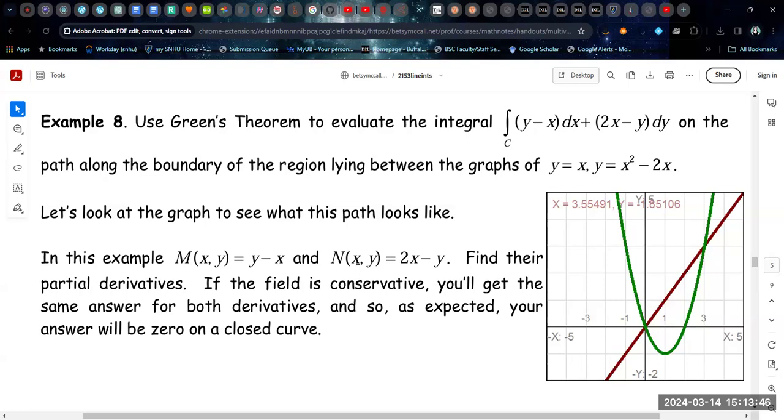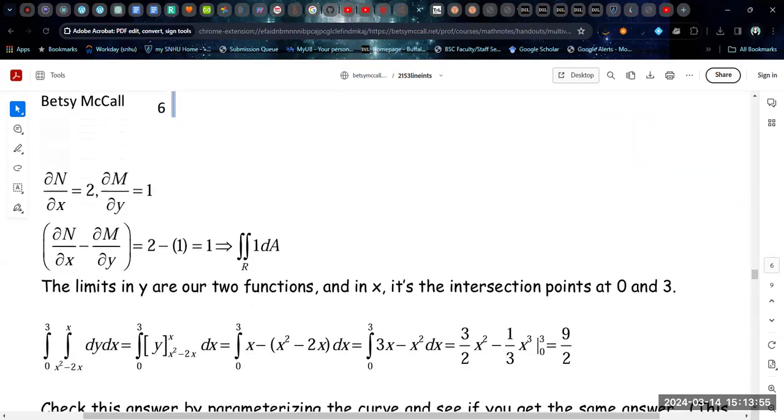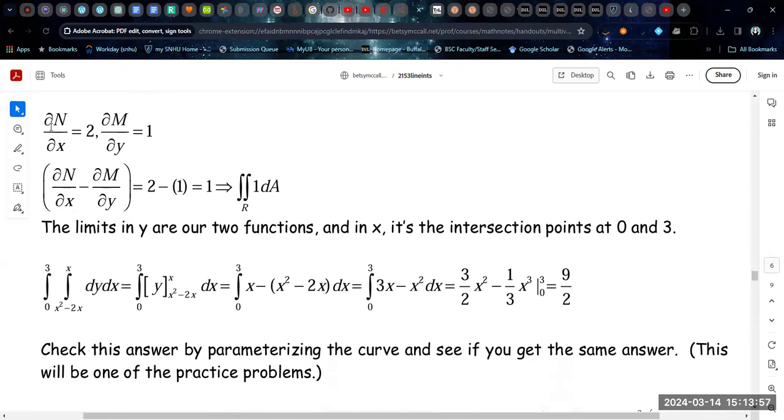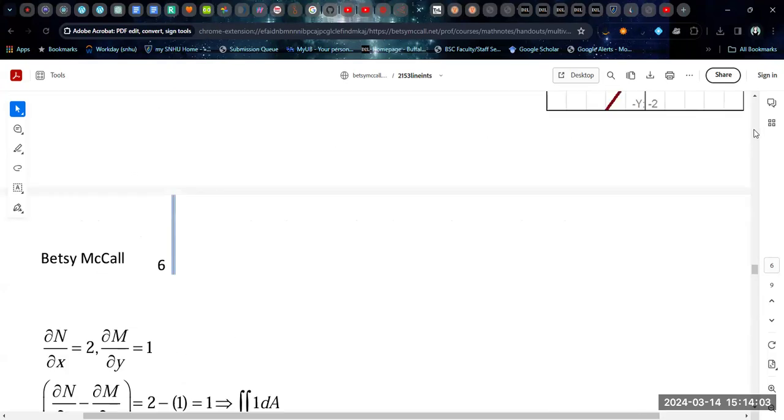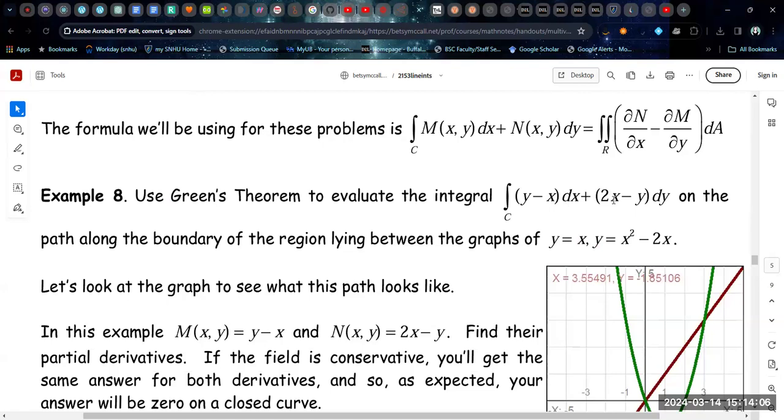Now, in this case, we're not going to do that. This is a closed curve, and so we're going to take advantage of Green's theorem to do this evaluation. So the first thing that we're going to calculate is the partial derivative of N with respect to x and the partial derivative of M with respect to y. And if we go back to that function, this is N, and the derivative with respect to x is that 2. The derivative here with respect to y is